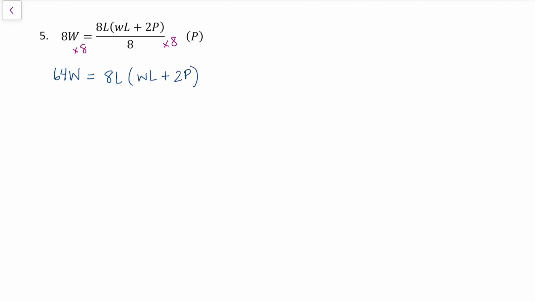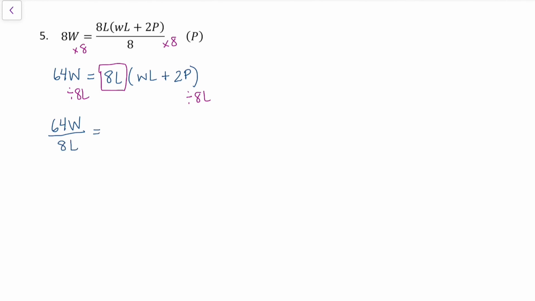Now I could expand this bracket out and then work at getting the p by itself. But what we can also do is see that this 8l is multiplying the whole bracket, so I can divide both sides by 8l to get rid of it without having to expand that bracket out. If you did expand it out, you will get the same answer in the end. It just might be a little bit more work for you. So on this side, I have 64w over 8l